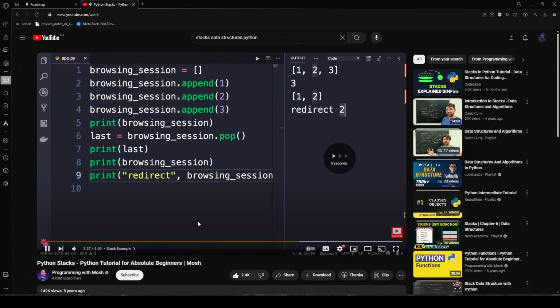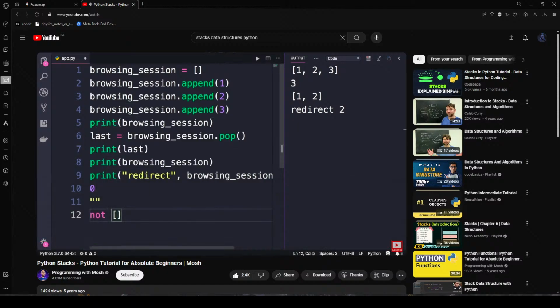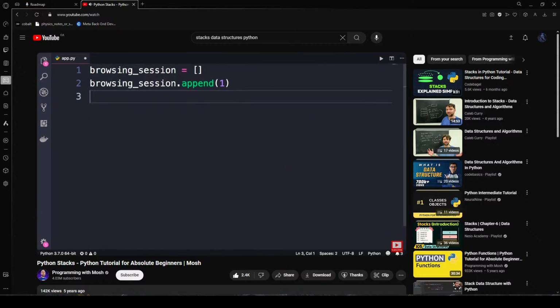So when we apply the not operator to an empty list, we'll get the Boolean true. So to see if our stack is empty, we can simply write code like this. If not browsing session, then at this point, we will disable the back button. So let me recap. We use the append method